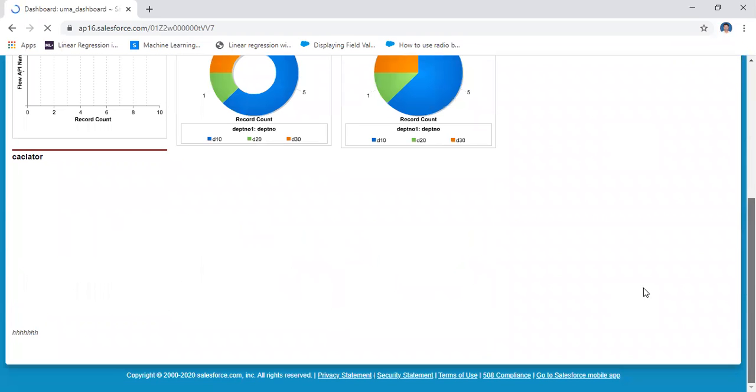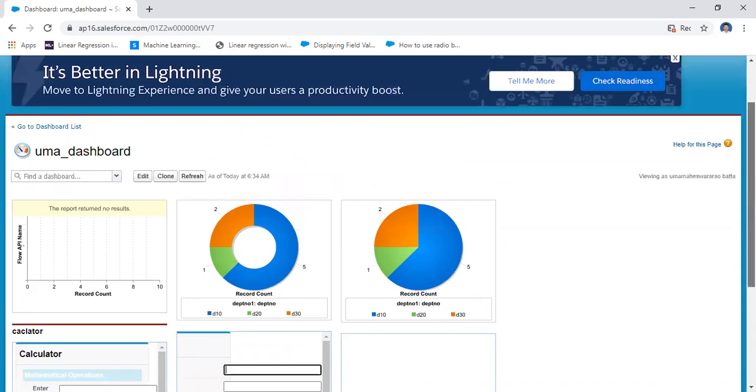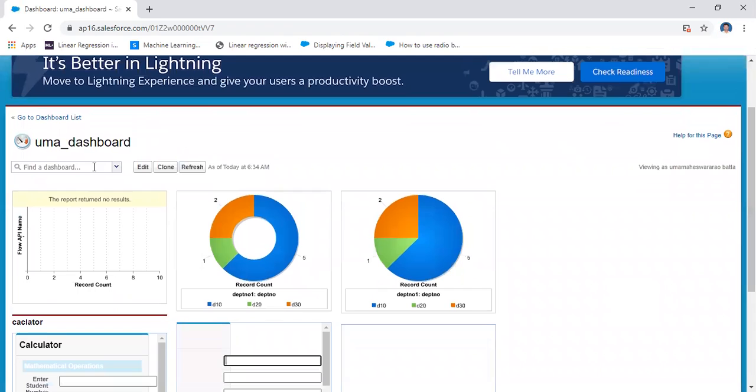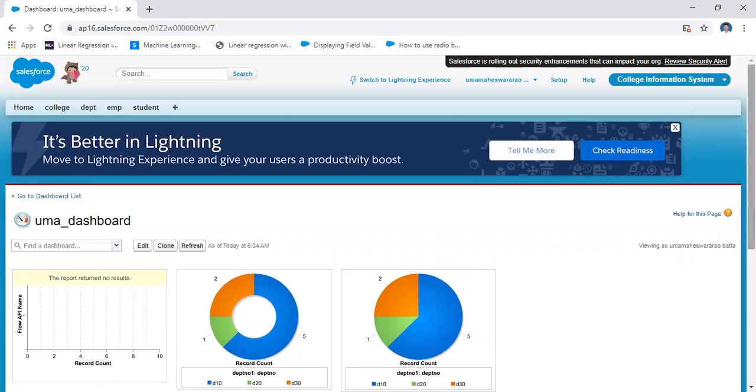Not only this information, you will have some visual force pages also. This is one particular dashboard, and you may see this dashboard here. You may search the dashboard here. It is stored in my personal dashboards. And then how can you see that information? Okay, save it.